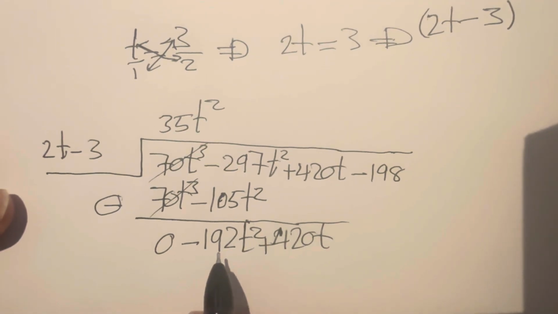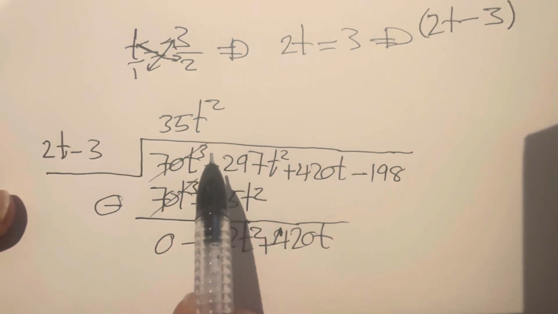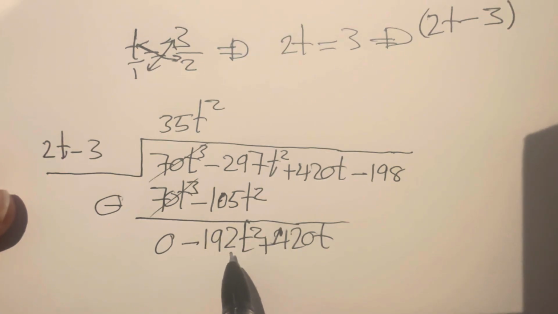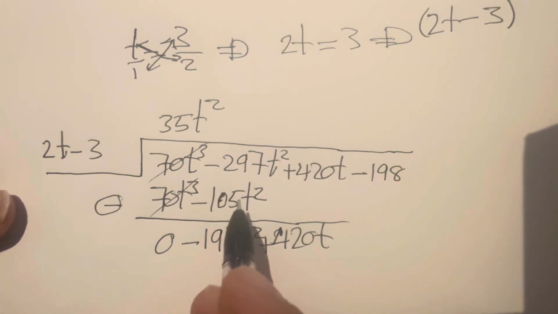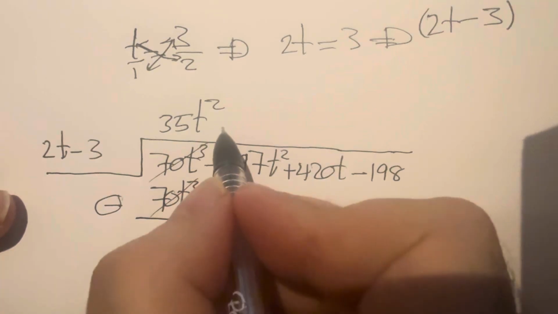What's the next number? If we divide 192t squared by 2t, we get 96, which is a minus sign,